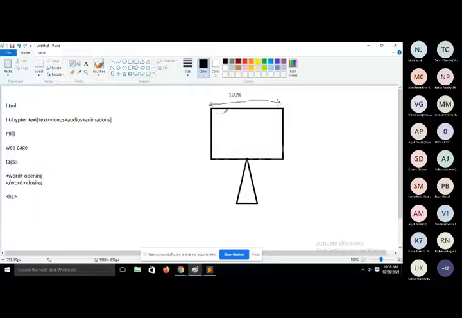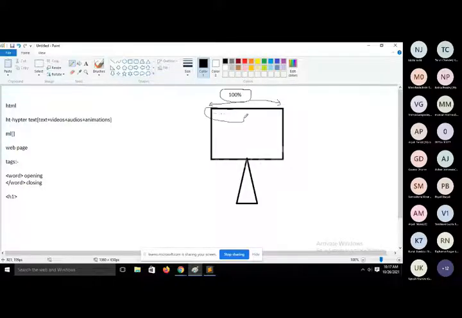A screen is basically a collection of multiple dots, and each and every dot is considered a pixel. So we can use the size property either pixel-wise or percentage-wise.